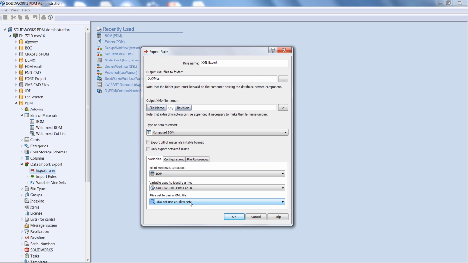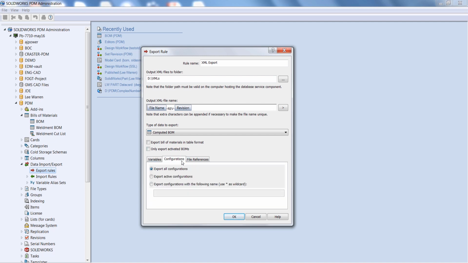So in that case, you can set up what's known as an alias, and then during the XML export, PDM will output the values of those variables as you specify them as they were going into the destination system, so that you don't have to do any further transformation to make sure that the two systems match up there. But we'll leave that for this particular example.